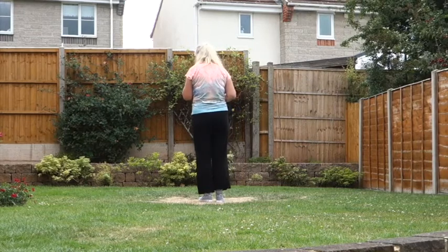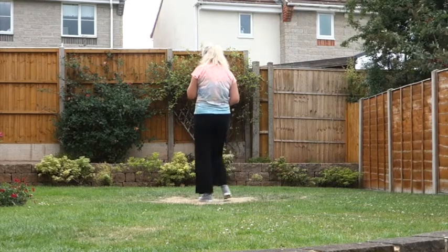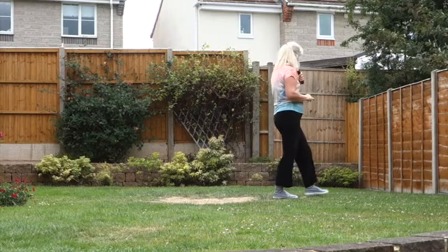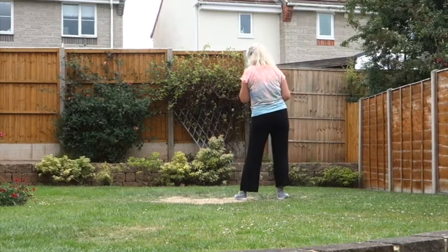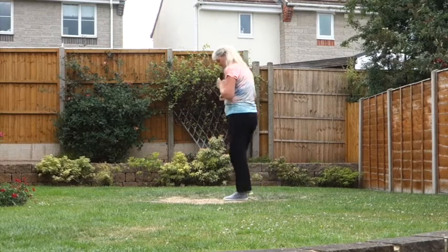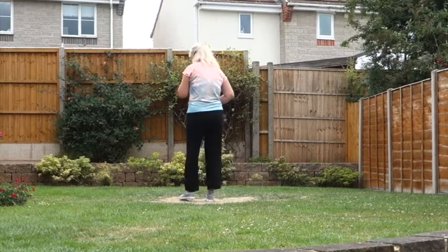If you don't wish to do that, sway, sway, chassé quarter turn, forward rock, and then as you sway, make a quarter turn to the left. Those who are turning,